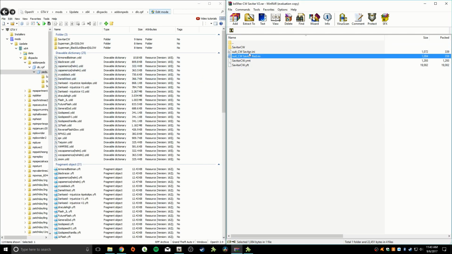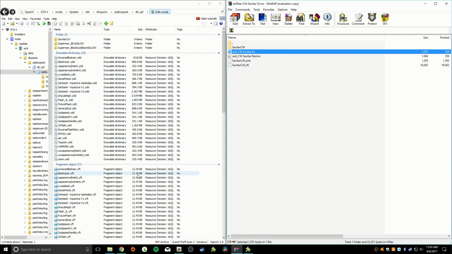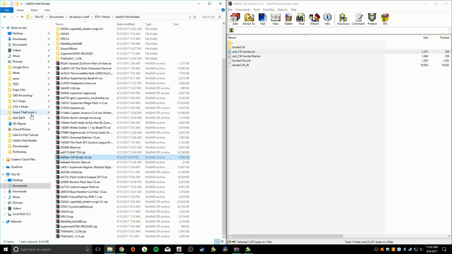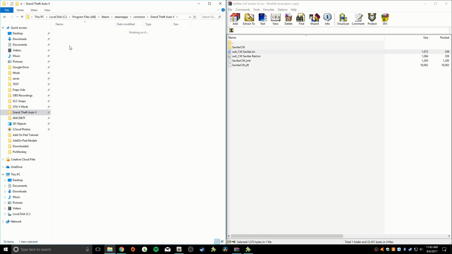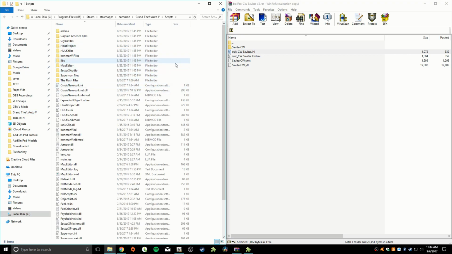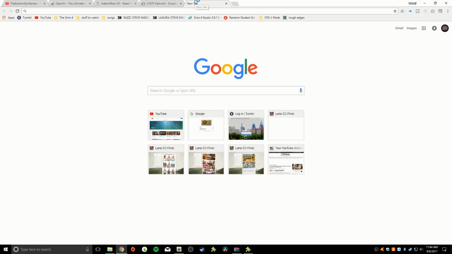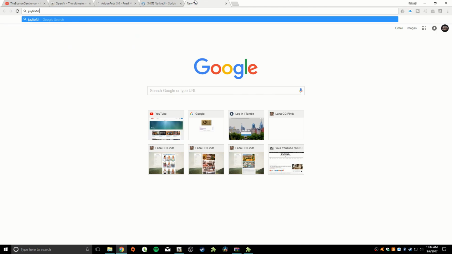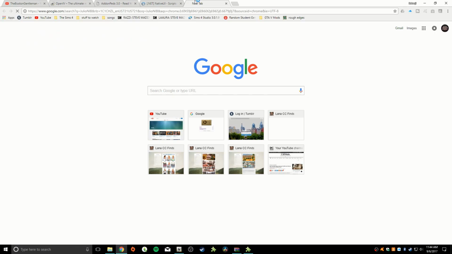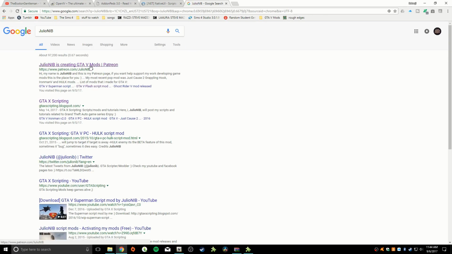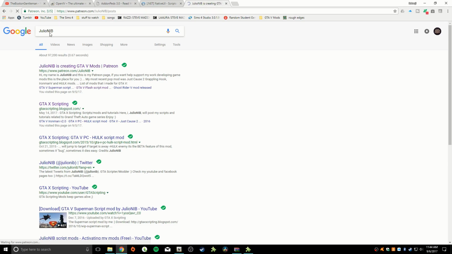Now these 2, the INI files, these are the scripts that you want to add into the game. So I'm going to open up my GTA 5 mods folder, go to scripts. Now before you even get into the whole Flash thing, you'll need to go to Julio Nib's website, and he has Flash mods. He has the Flash mod, basically the one that gives you the powers and stuff like that. You can't really get it anywhere else. So Julio Nib, just search Julio NIB,